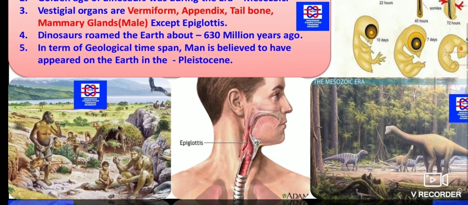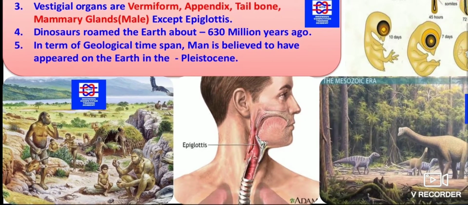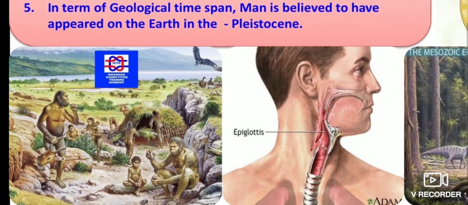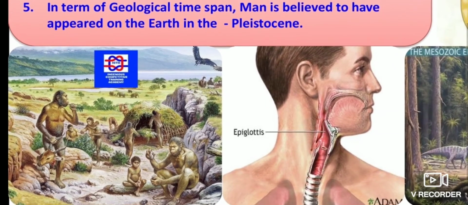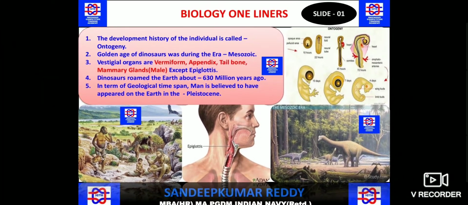Next we have, in terms of geological time span, man is believed to have appeared on the earth in the Pleistocene. So as you can see here, how that stage is there. During that time, in the geological time span, you can see how the man looked. So next we have